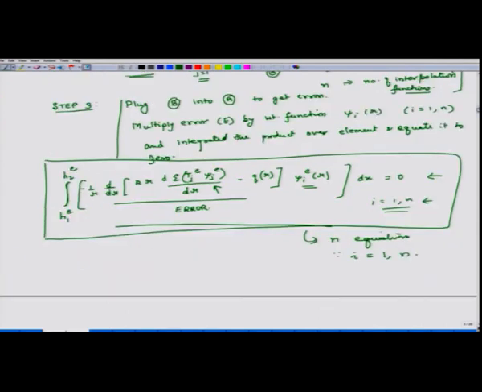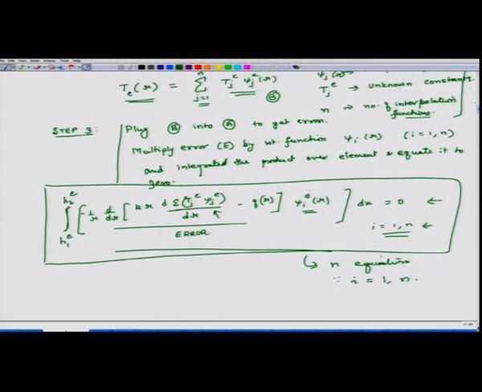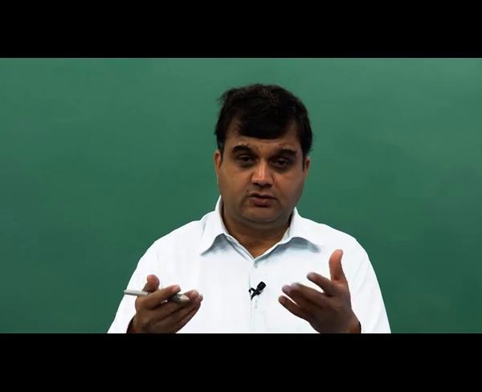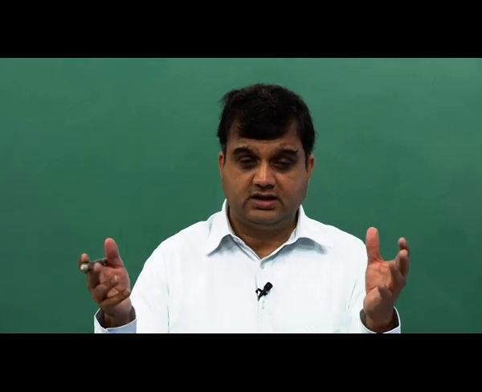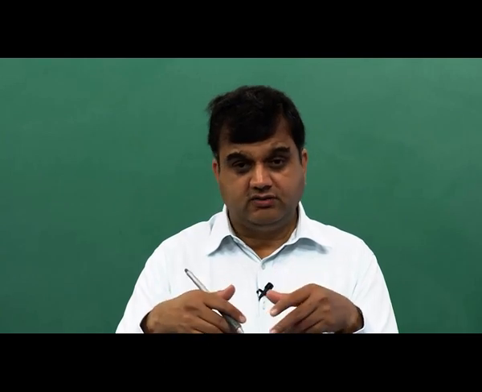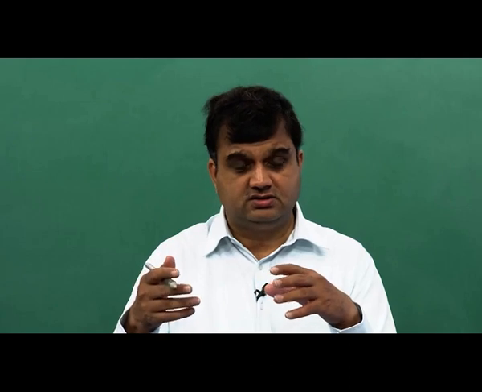So, we have done these 3 steps. What we will do next is step 4, where we assemble all these equations. In the step following that, once we have done the assembly, we apply the boundary conditions, and once we have applied the boundary conditions, we solve for the unknowns, which are the Tj's, and that is how we get the solution.